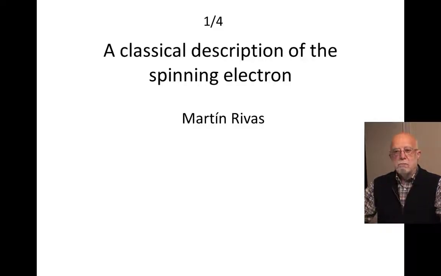Spin is a mechanical property associated to bodies which rotate. The Earth rotates, and associated to rotation there is a mechanical property called angular momentum. It defines the rotation axis, and therefore the Earth has angular momentum. A top, if it does not rotate, has no angular momentum, but if it rotates, it has angular momentum. You see the difference between a top at rest without rotation or a top rotating, they have a different